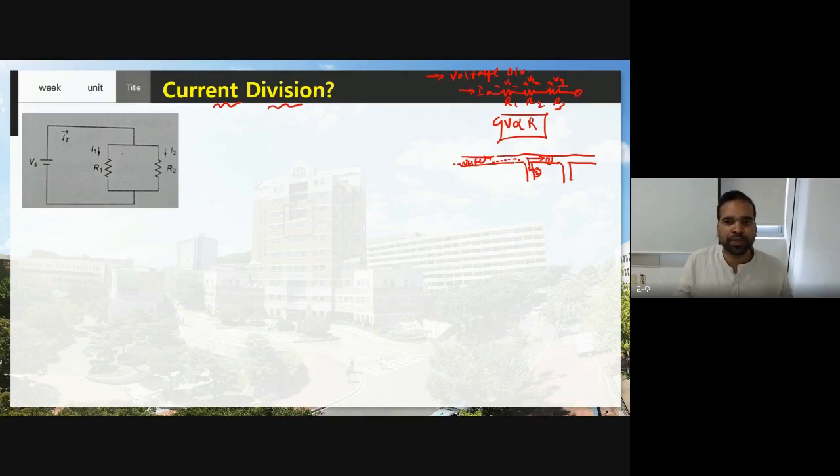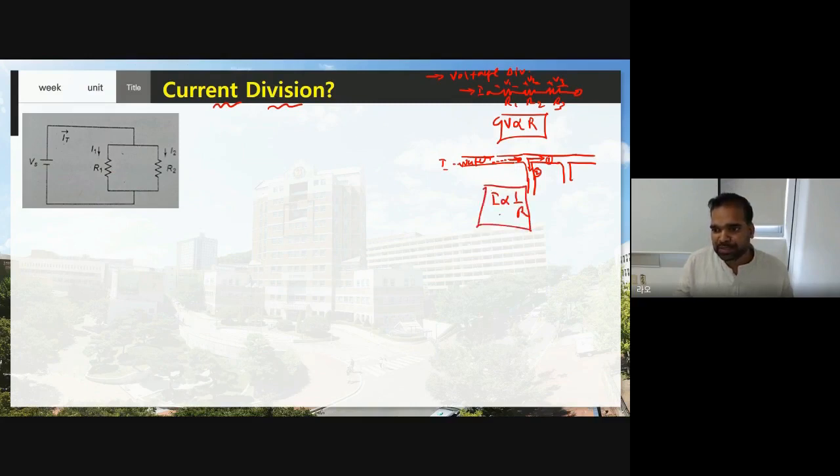Less water will go. When there is a connection like this, when 1 and 2 are connected in parallel to one another, the water will get divided. Now instead of water, just consider a current. Current is flowing. After coming here, the current has two directions, so current will go towards one or towards two. How much current goes completely depends on the resistance value, and it is inversely proportional to resistance.